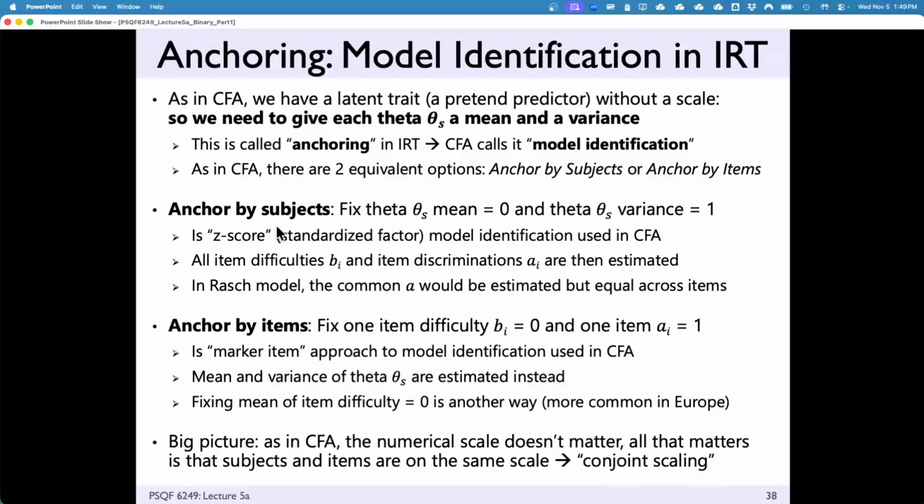You remember in factor analysis how we could identify the factor variance: either we set it to 1, or we set one of the item loadings equal to 1 and estimated the variance. Same thing here. Same thing when it comes to the item difficulty. If we set one of the item difficulties to 0, then we can actually estimate the factor mean. Remember that the factor mean now has a component of that first item's difficulty as well. So it's the same in terms of identification. Depending again on your use case for the model, the choices of identification will be the same.